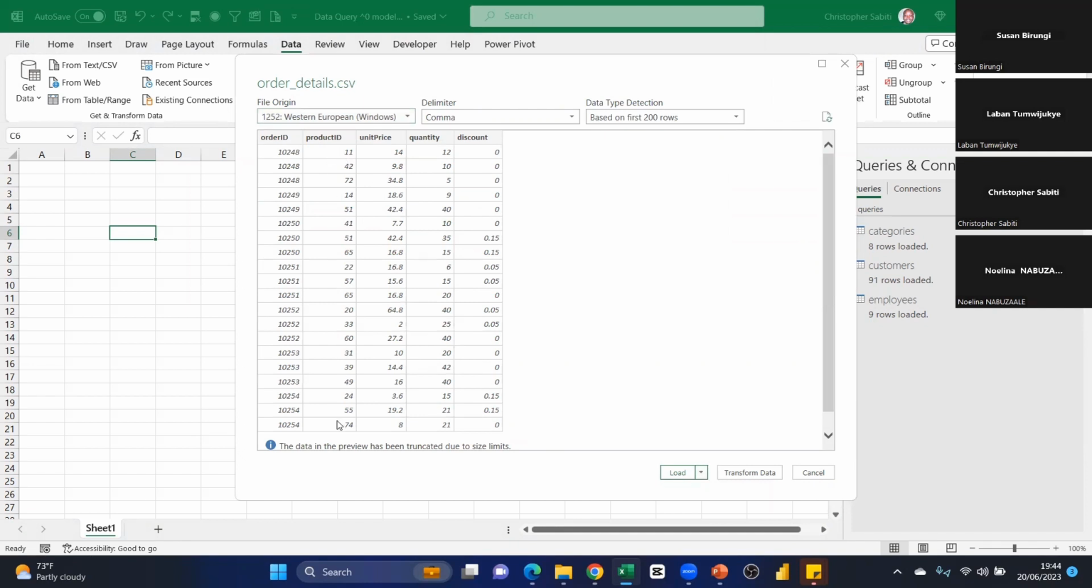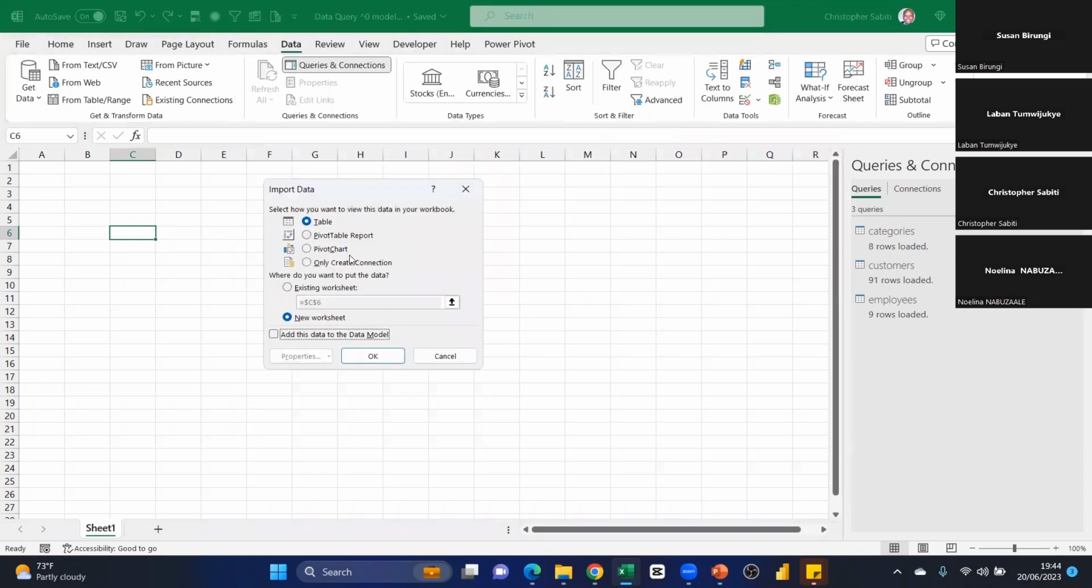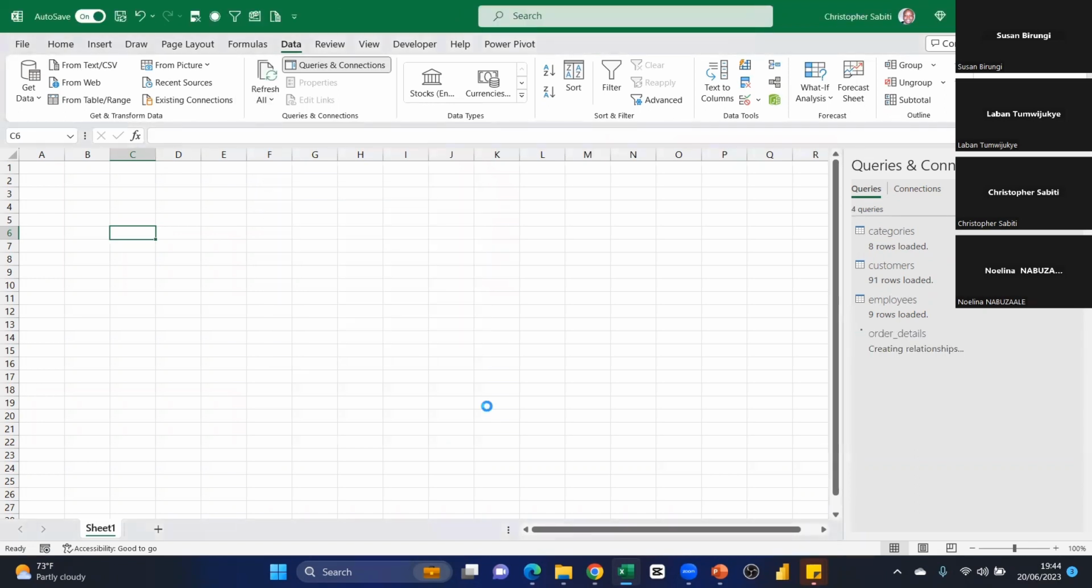And look at these numbers. They are already aligned on the right, which means they are already configured as numerals. But if they were on the left, you know that. We talked about that in our first sessions, that is text. So I'll go ahead and load this to connections still, and boom. We have loaded another table that is order details,